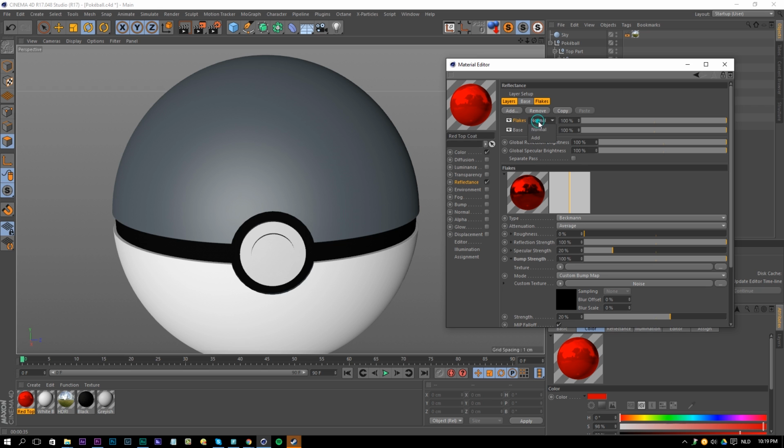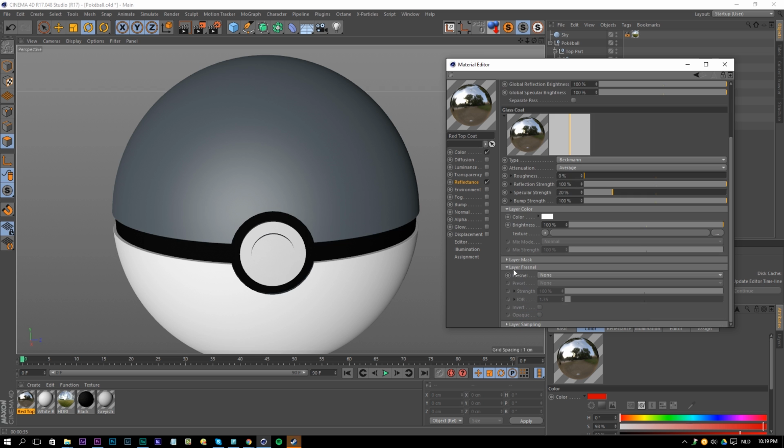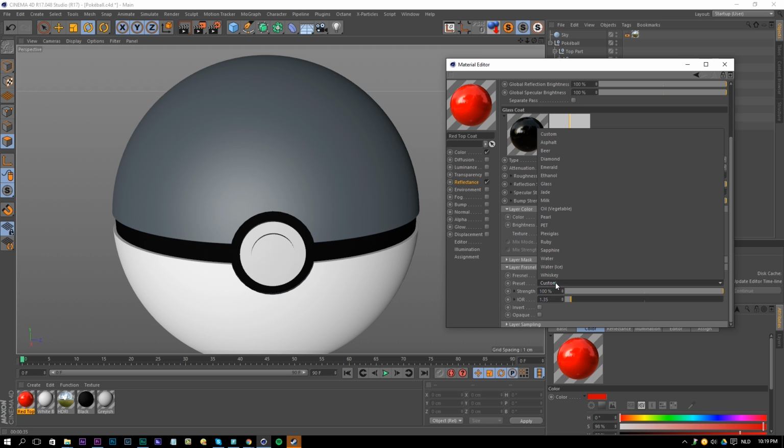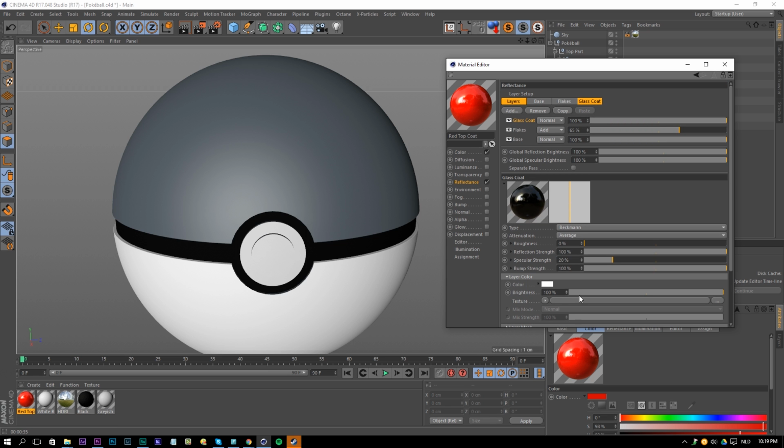I'm going to change the layer adjustment layer to additive and change this to 65 maybe. Then add another Beckmann here on top of everything, and rename it to glass coat. Then for this, I'm just going to go to the final layer for now and change it to the dielectric glass preset. That's all you should do for this one.